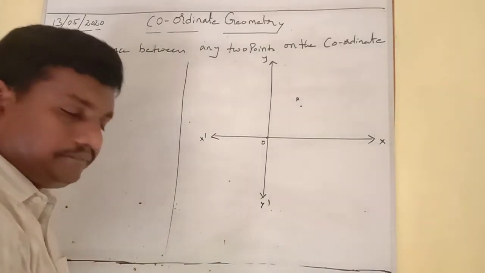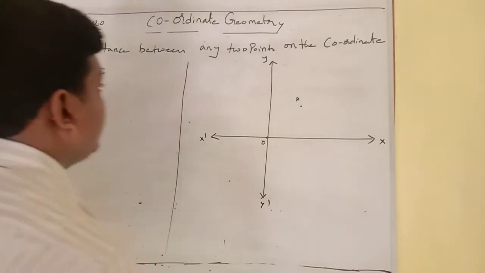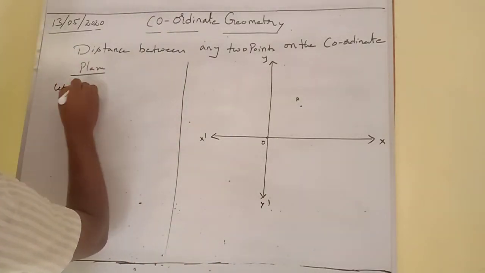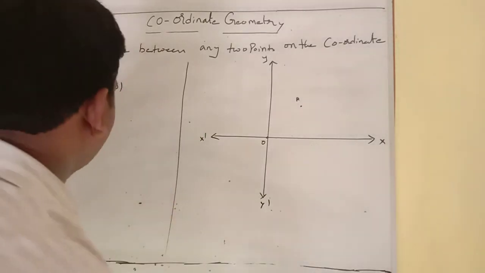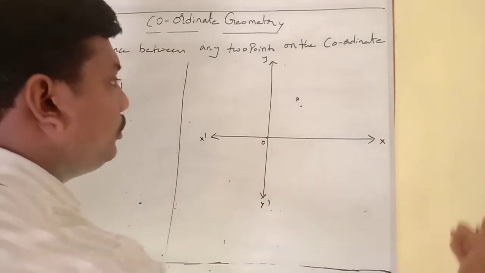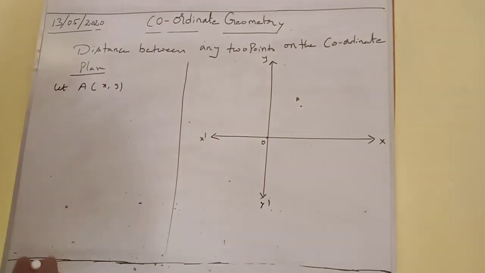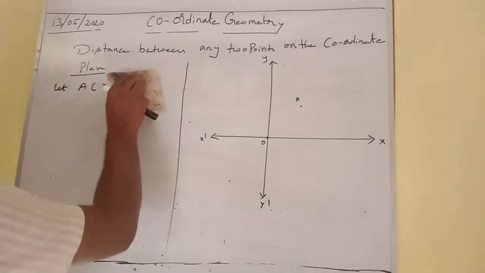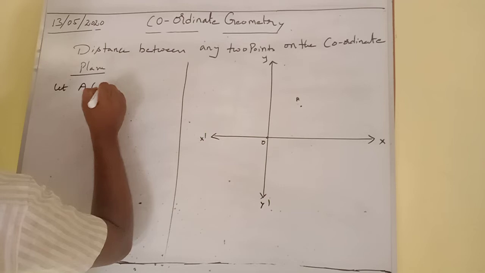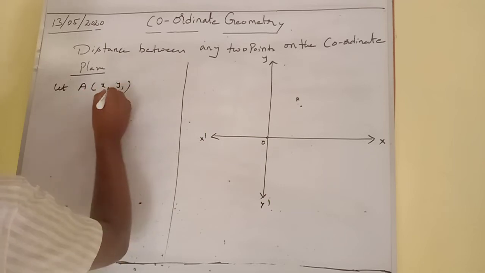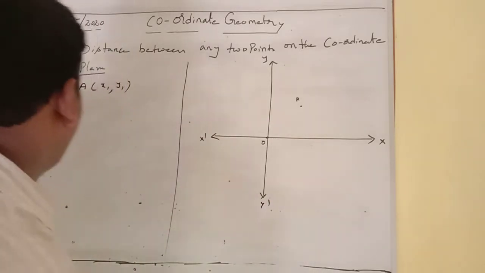Suppose one point we consider is A, x comma y. If it is 1 point, I am going to consider 2 or 3 more points, like infinite points we can consider on the xy plane. So A is taken as the general form of a point. We can take it as x1, y1. Let A, x1, y1 be a point and B,